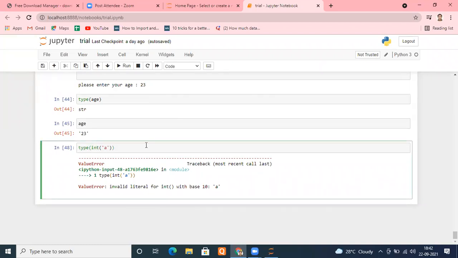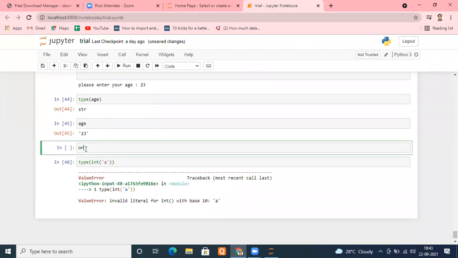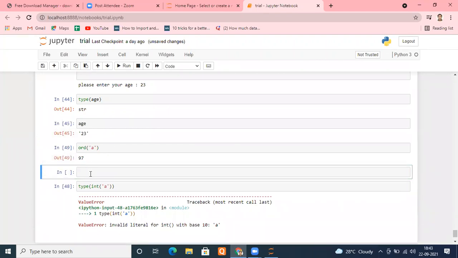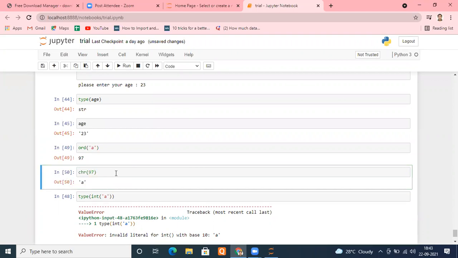Sir, if we want to access the ASCII code of A? That is ORD. Actually, not exactly the ASCII code of it. That is a function known as ORD. Let me show you that. I'll come to that very soon. There's a function known as ORD. And let me put A inside this. Okay, you'll get it. Don't worry. This is the number for that. And if you want to get back again to what 97 represents, don't worry. Just come here and type CHR, and inside that type 97. Okay, same number. You'll get back A. Hope it is clear.